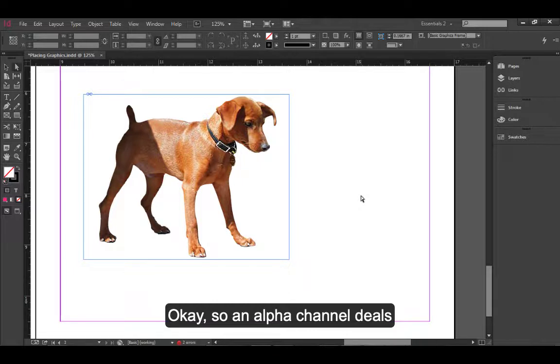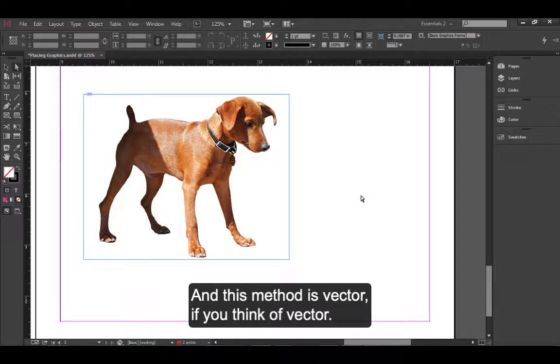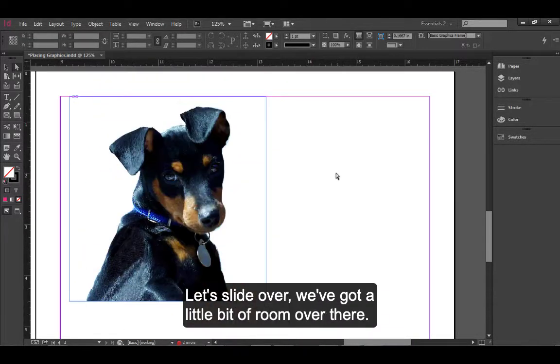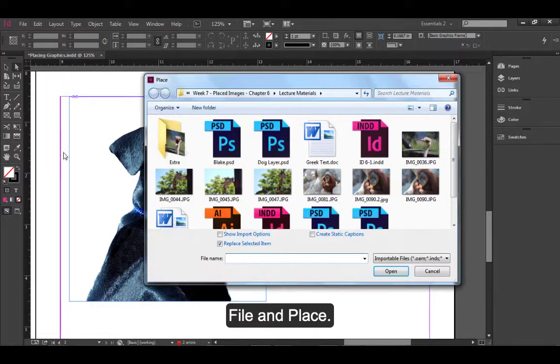Okay, so an alpha channel deals with a selection that's raster. We have another method dealing with a clipping path, and this method is vector. If you think of vector, let's try this one more time. Let's slide over. We've got a little bit of room over there. File and Place. So now if I go back to